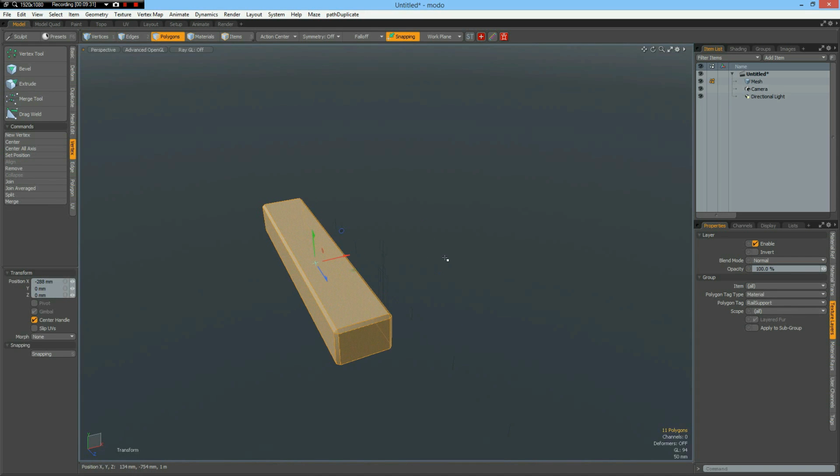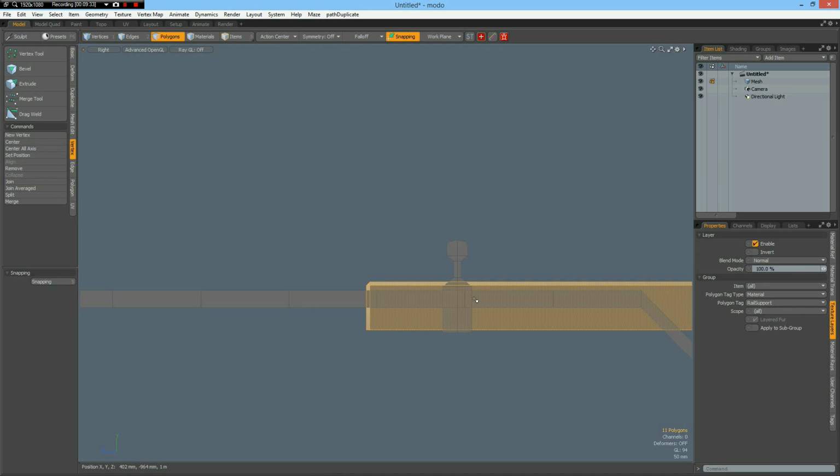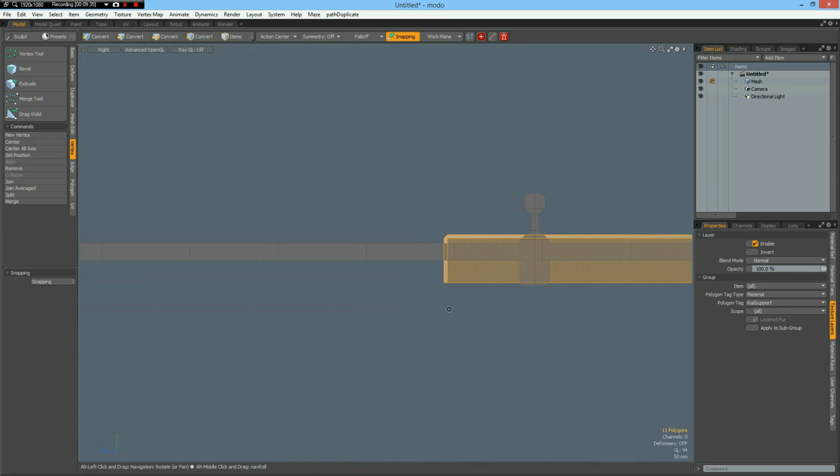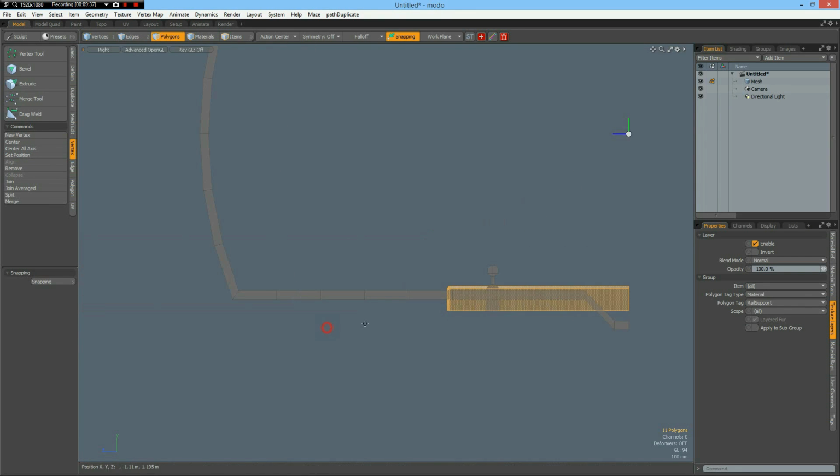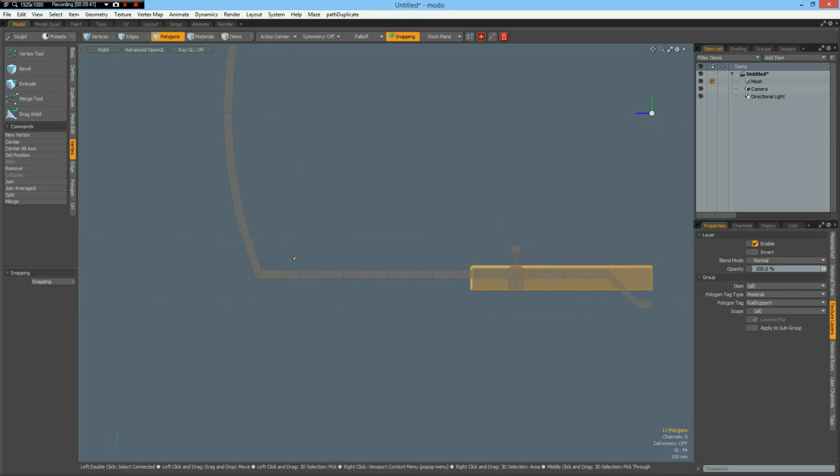Comes to this side probably. Let's see. Okay, so now we have the rail, and I remove this